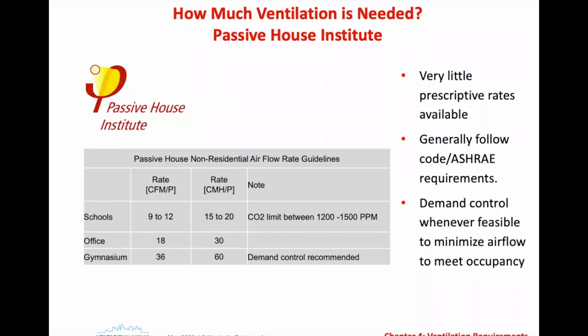So that's where meeting the passive house standard, you're going to exceed the code, typically ASHRAE 62.1. You don't really have to worry about it, but it's just something to be aware of. Ideally, you have to follow 62.1 or the local code, so you would look at that, compare, and go with the higher ventilation rate of the two if there are any disparities.